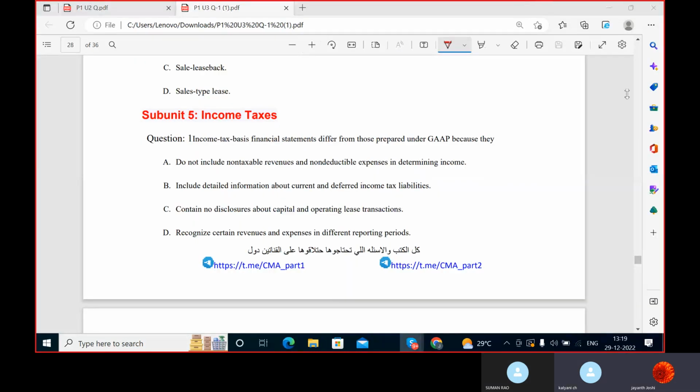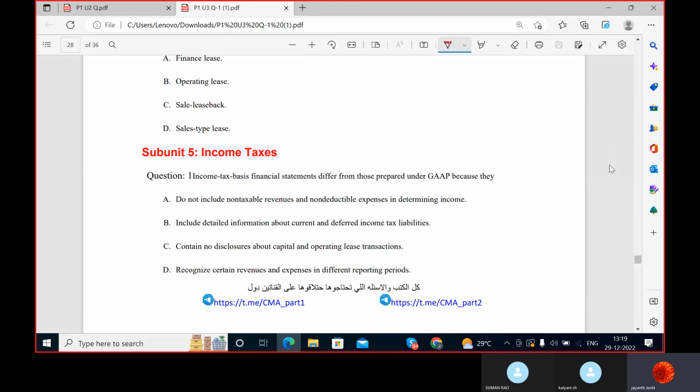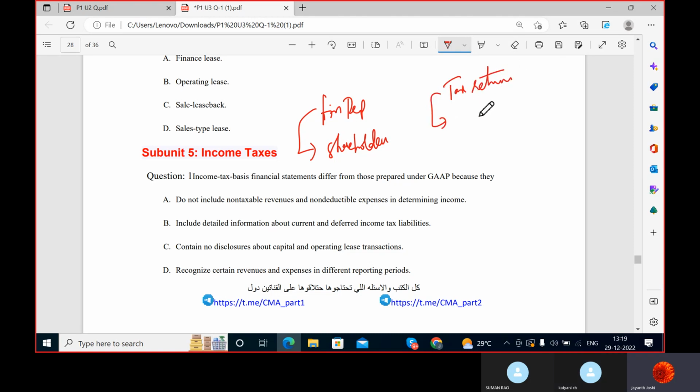Basically, every business prepares financial reports. This is for the sake of shareholders or the owners. Every business also prepares tax returns. This is nothing but they have to pay taxes to the government. So they prepare income, do the assessment at the end of the year, and pay taxes. You generally know that this is done in a financial year.